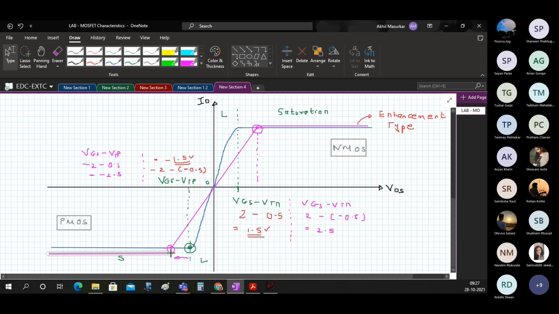Just draw it this way. Actually this blue and white are on the same thing. Anyways, we'll draw it that way.